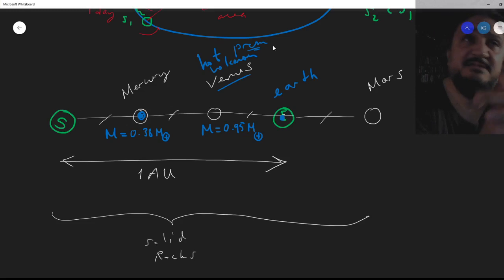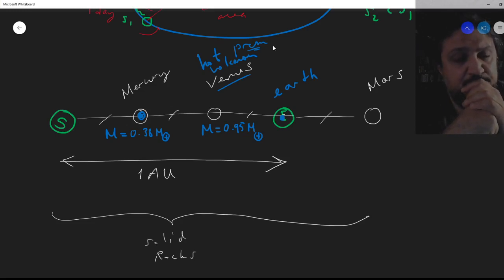But recently they discovered that in the higher layers of the atmosphere of Venus, there's a probability of some microbial or bacterial life. But it's still an ongoing thing. So if there's ever life on Venus, it's not on the surface, but in the upper layers of the atmosphere. But in any case, it's not breathable, right?